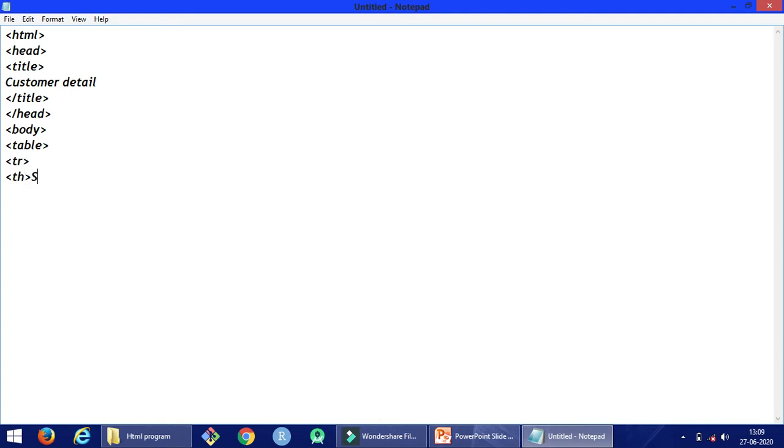First write serial number, second column customer name, then open a th tag and write gender of the customer, close the th tag. Now close the tr tag.